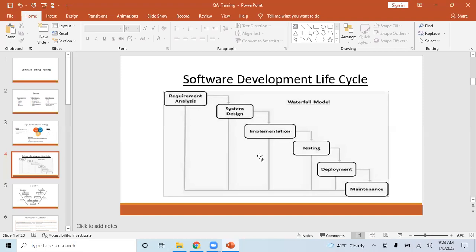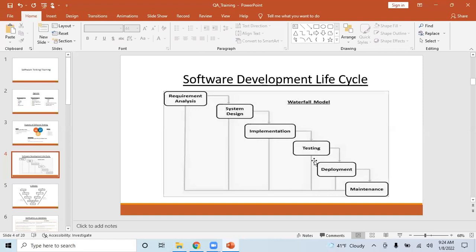So they do the coding, and once they complete the coding, they push that build to the lower environments. Here I say deployment is after testing, but actually there will be some deployments after implementation. Going live is a different matter. Before testing, they will deploy the code to some QA environment. Once they deploy the code to the QA environment, they will send it to the testing team. They'll send a mail saying, hey, this is our QA environment. We have deployed the code.